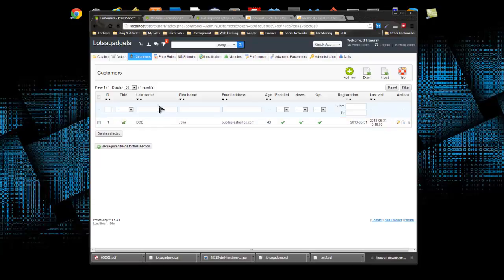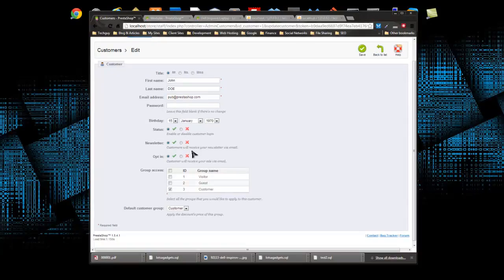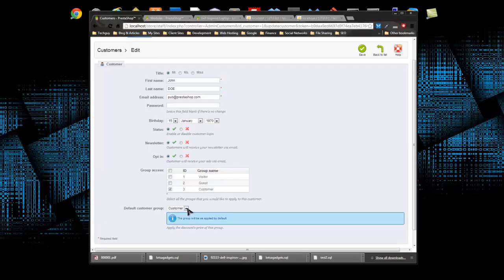We can see his name, his ID number, email address, age, if his account's enabled or not, the registration date, the last visit date. If we had more users, we'd see them. We'd see a nice table of users. And we can click on edit,